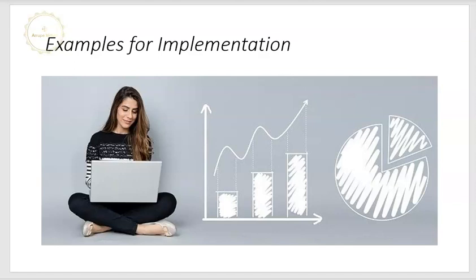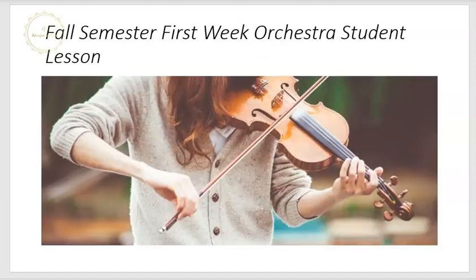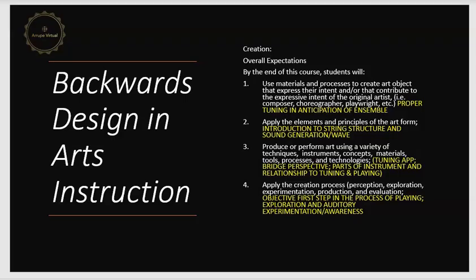I have an example that you can watch in a follow-up video that is the entire lesson, but I will show you briefly now one example for that. And this example happens to be, as I say, a music example for the fall semester, the first week orchestra student lesson. And this teacher is anticipating actually not being in their building the first week. So she has designed a first week for her orchestra students and what she is hoping to have them learn in that first week. This is how the teacher has used backwards design in terms of the creation aspect,